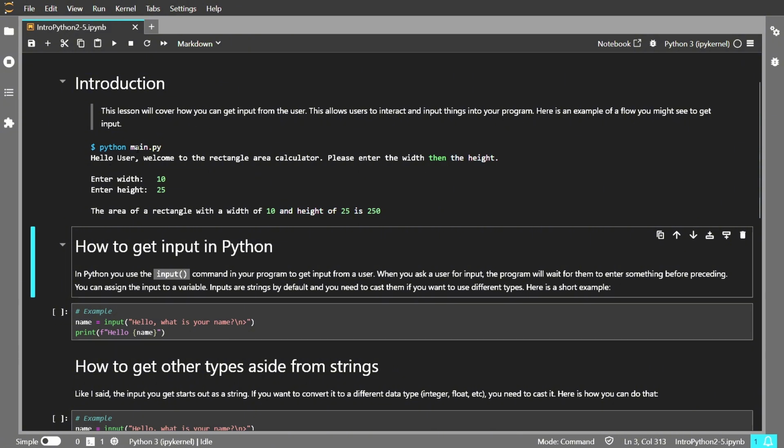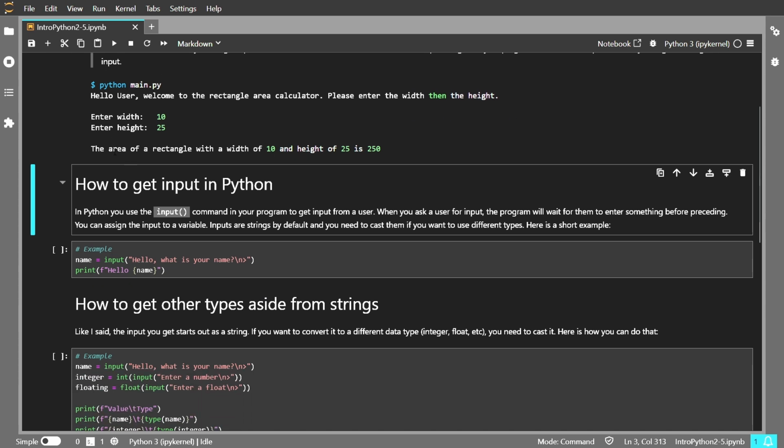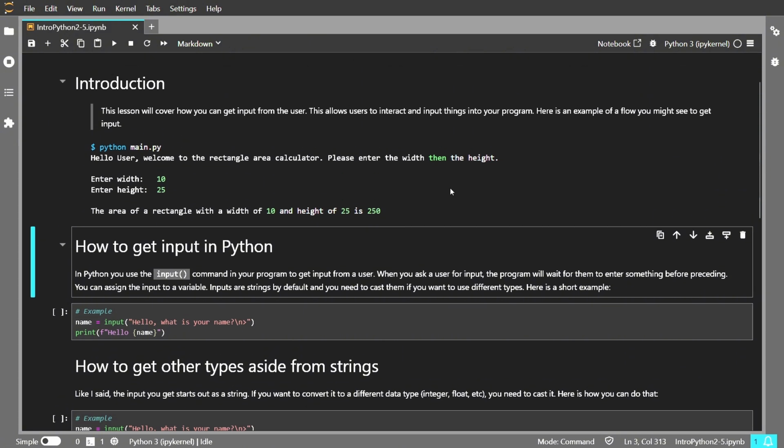Say you have a program called main.py. You can run it with python main.py. Then it prints out, hello user, welcome to the rectangle area calculator. Please enter a width, then a height. Then it asks them to enter each one. And then it displays the area of a rectangle with a width of 10 and a height of 25 is 250. Obviously, this is extremely powerful because it allows your users to have control over how the program is running